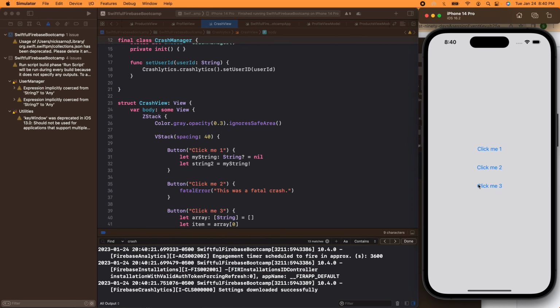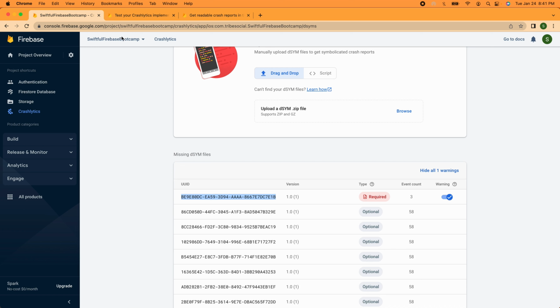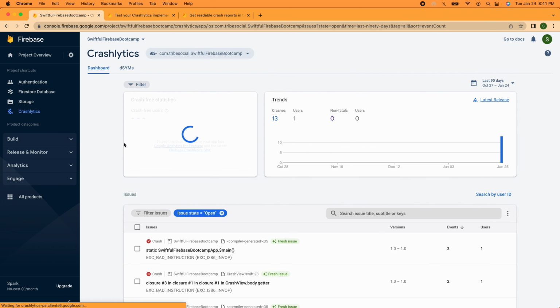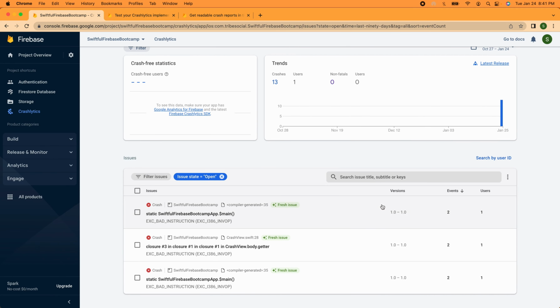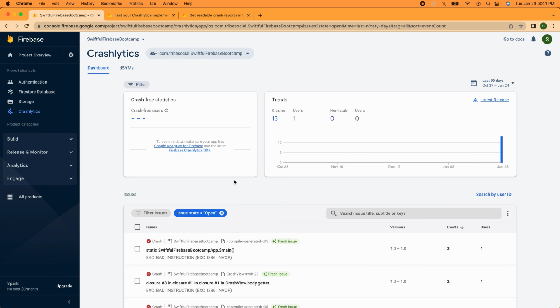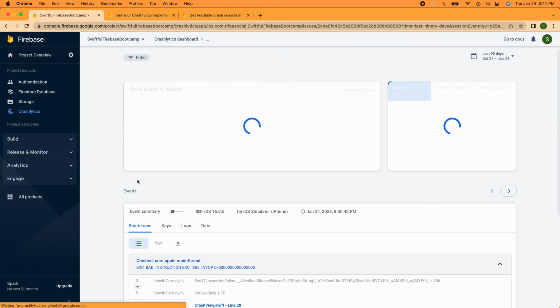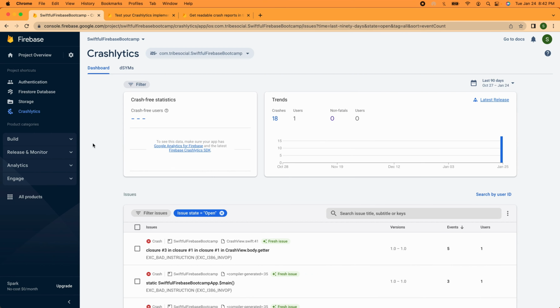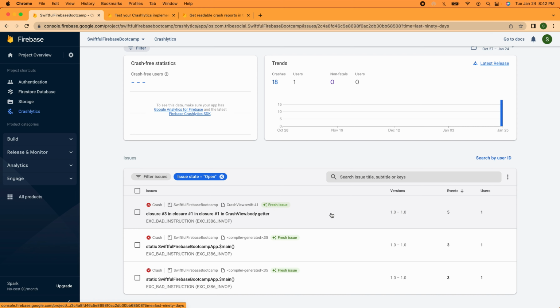All right, we got in the simulator here that the crashes were uploaded in the console. So let's go to our console. Let's reload it real quick. Still only 2 crashes. Maybe it takes a couple seconds. All right, I'm gonna reload again. Hopefully it works. All right, so it looks like we got 5 crashes on this one, so it must have